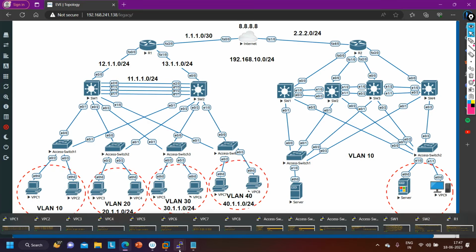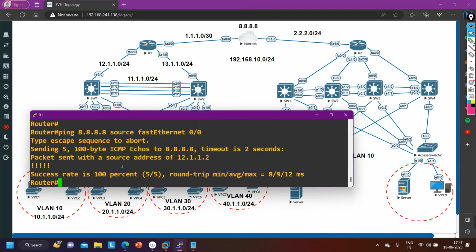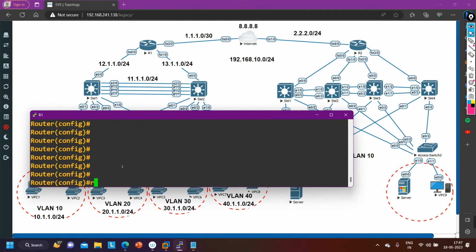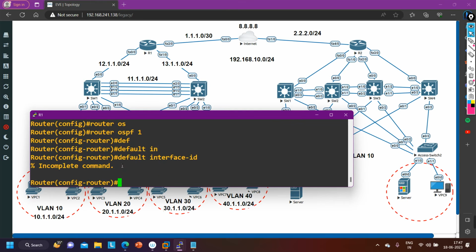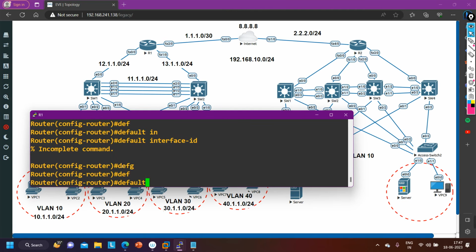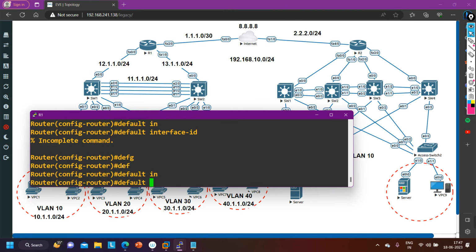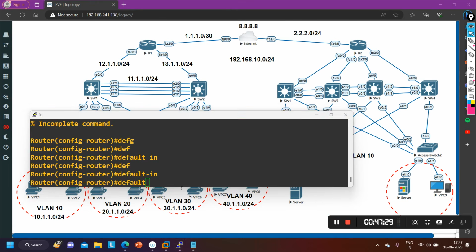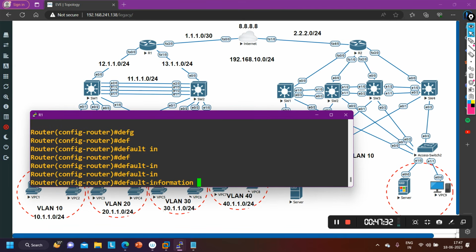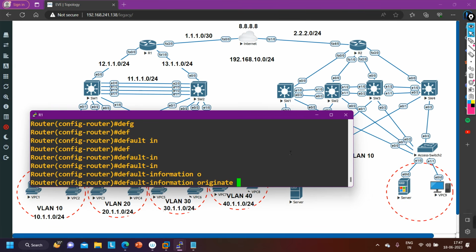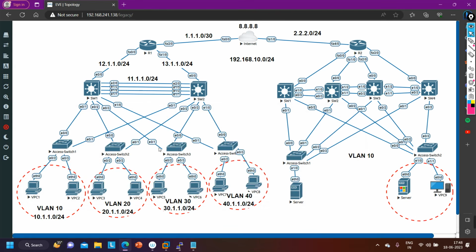So what I am going to do on the edge router is tell OSPF to please generate one default route. Router OSPF 1 and default-information originate. Sorry, default-information, or we can directly say redistribute. We can say default-information originate, or you can redistribute connected. You can run any command. Okay, default-information originate. Now this router will start originating one default route in OSPF, and the switches will get the